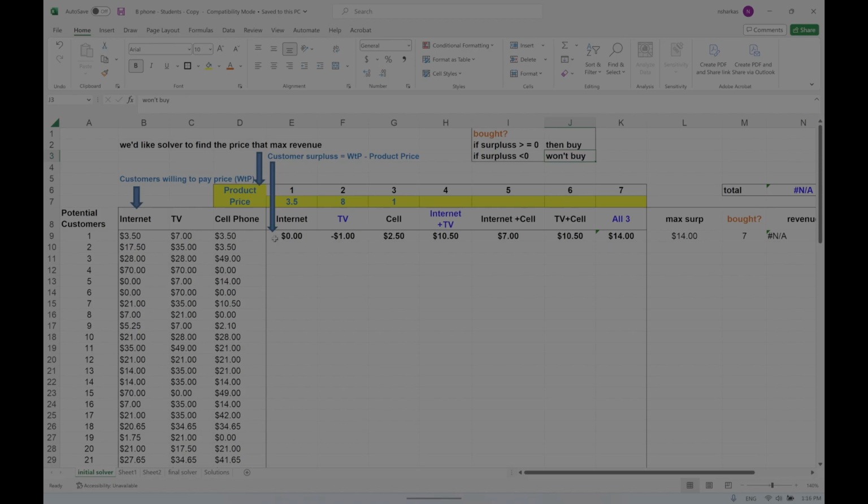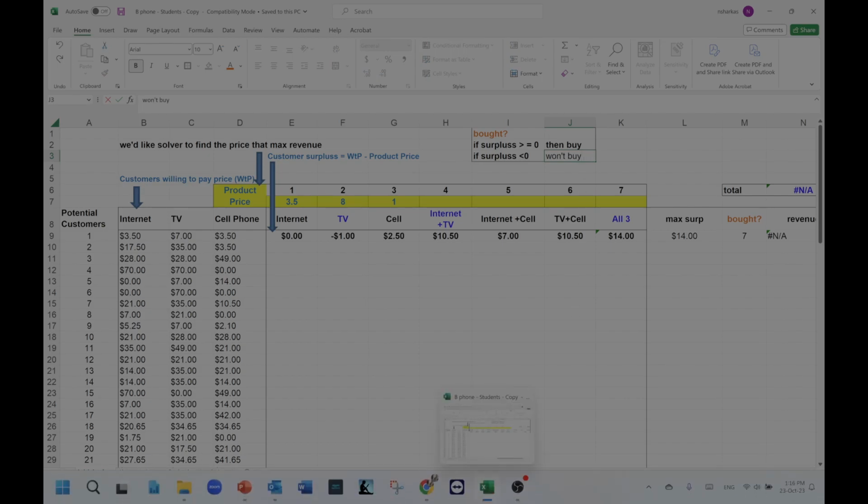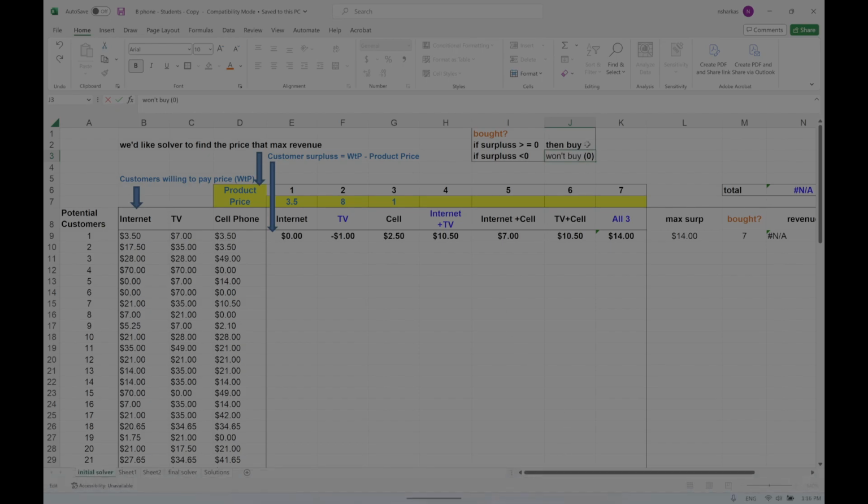If, first of all, what would be the options? We have minus, 0, and positive. So if it's, for example, less than 0, which is the minus, then you will not buy. You won't buy. Let's code you won't buy as 0, for example. And let's code that you will buy as